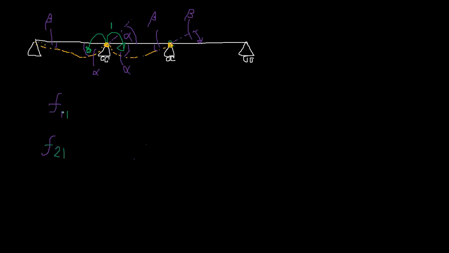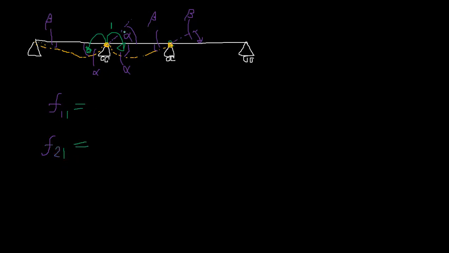So this is the flexibility coefficient 1,1, which means the displacement at first coordinate due to the redundant at first coordinate, the same location. And this is the displacement at second coordinate due to the unit redundant at first coordinate. So this would equal to,